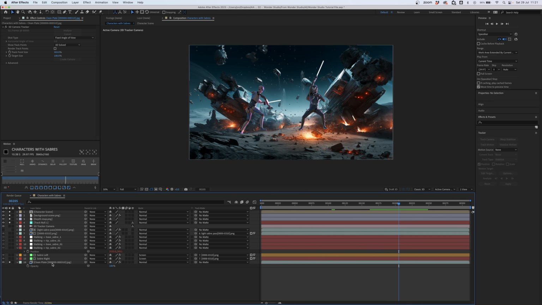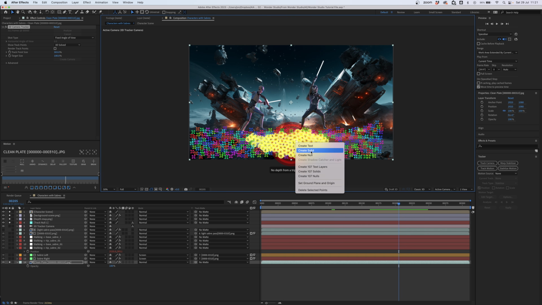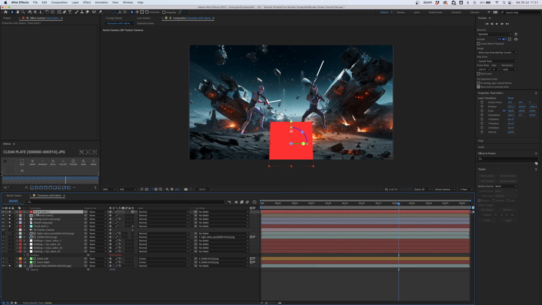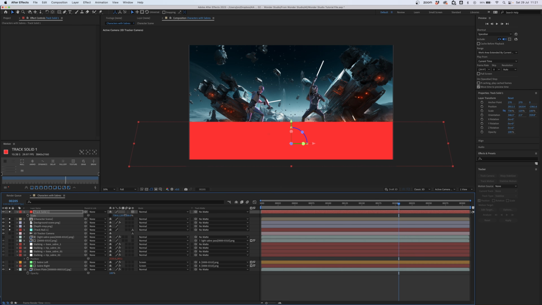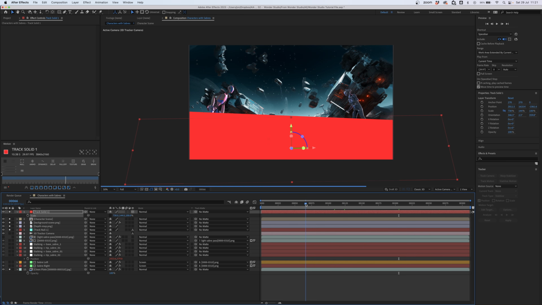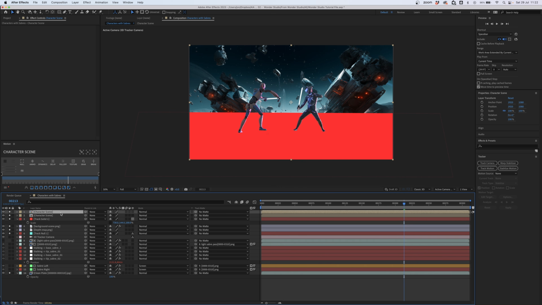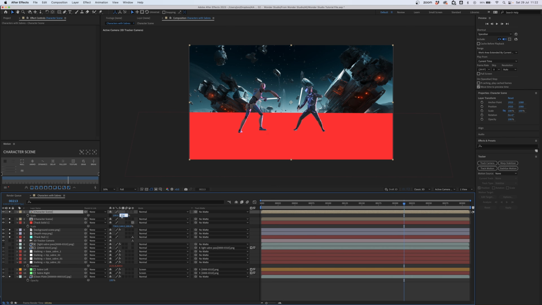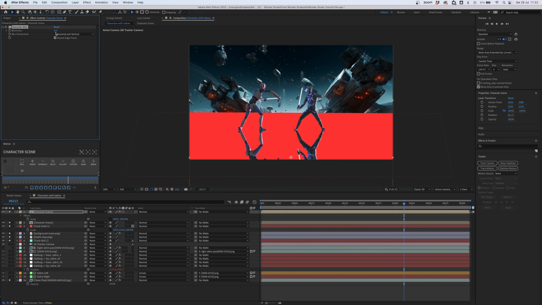So first of all, we can go down, click on our clean plate where we did our camera tracking earlier. We can draw around some of these tracking points, right click, create solid. It's given us this tracked solid. We can then press S to bring up the scale attributes, unlock those, and drag out the X and slightly scale up the Y, and that will move around with our scene. We can move that below our characters. We're then going to duplicate our characters, press S, unlock those, and on the Y-axis, scale it to -100 so they're flipped. Move it down, add a blur, so right-click, blur and sharpen, Gaussian blur, and we're going to up that quite a lot. And then we can hide that layer.